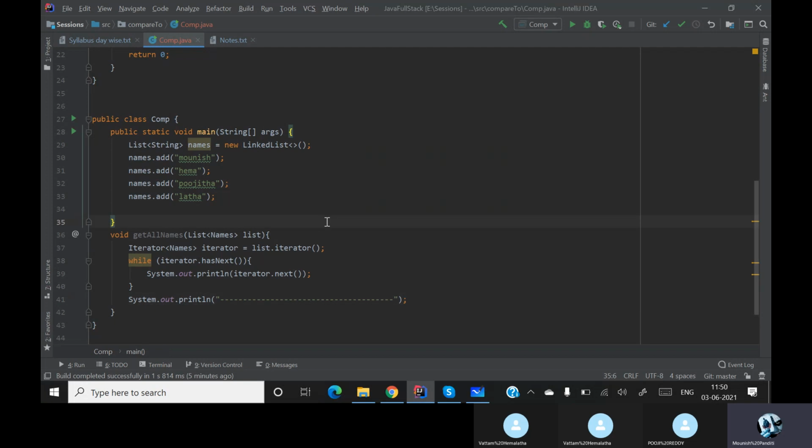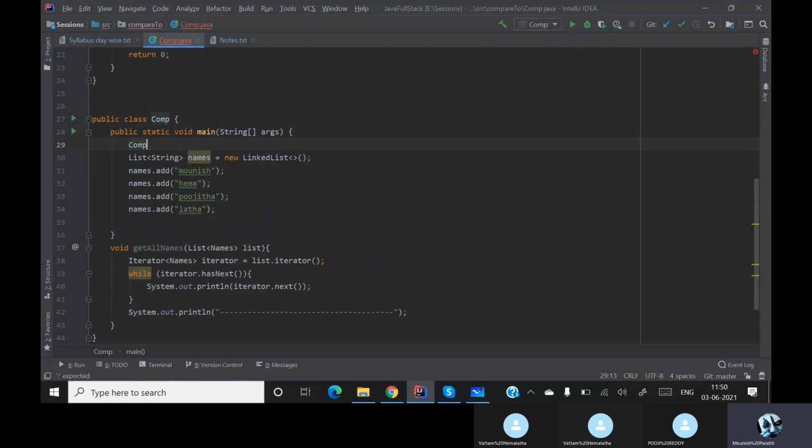Done. Till now we got everything from this. Now let me create an object for my class. My object is created with the help of my object dot get.